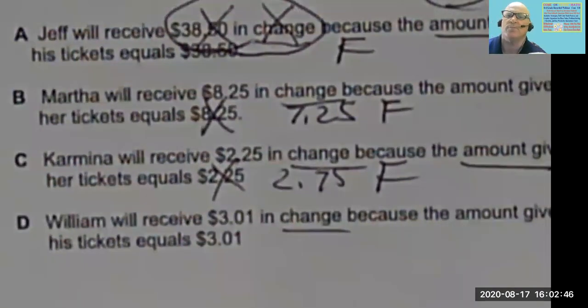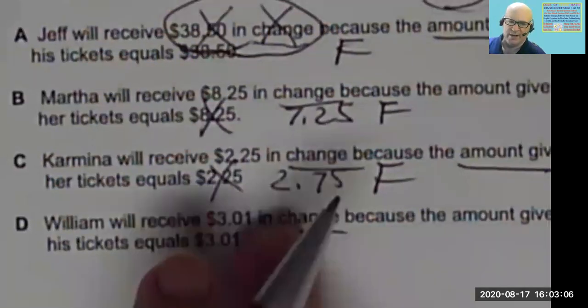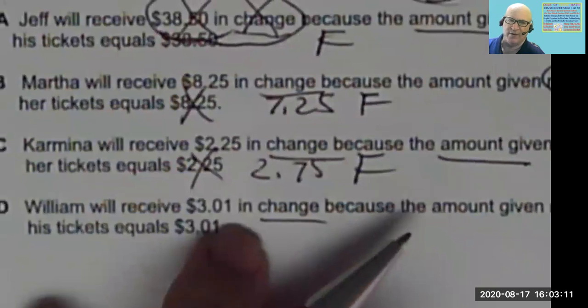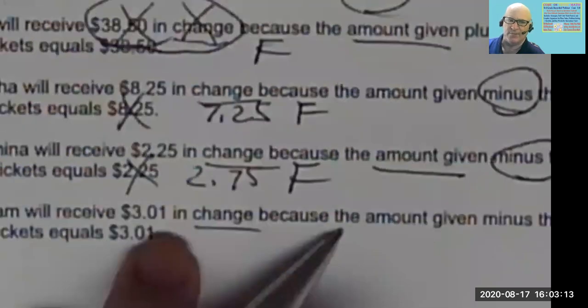Teachers, help them to build, and say, okay, today we're just going to work on A together. Tomorrow we'll work on B and C. And we'll do it as a class or in groups. And then D, the one that's correct, we can work on it with a partner or by ourselves if we're ready. So William is going to receive $3.01 in change because the amount given minus the cost of his tickets